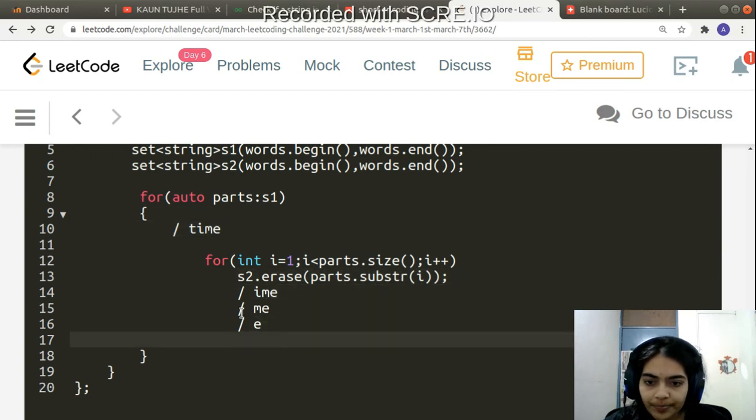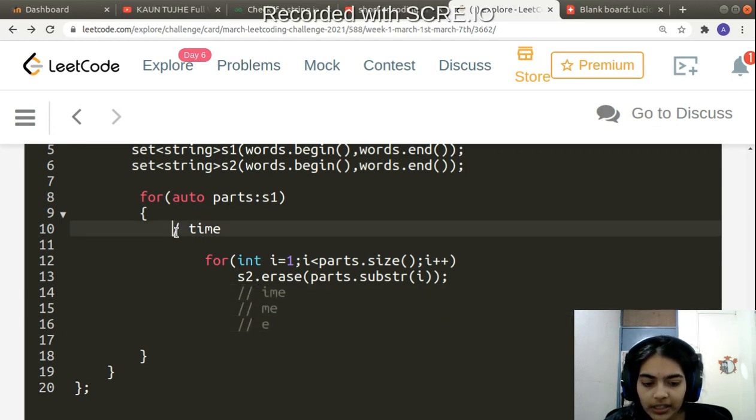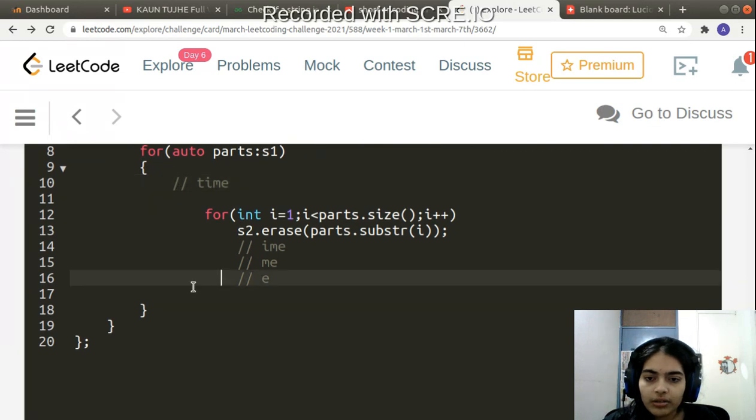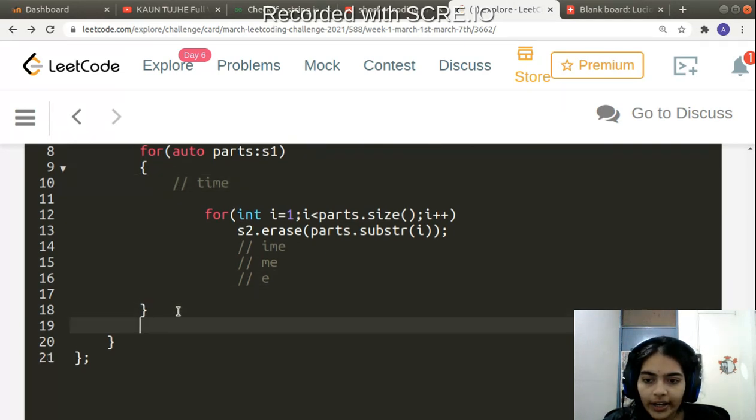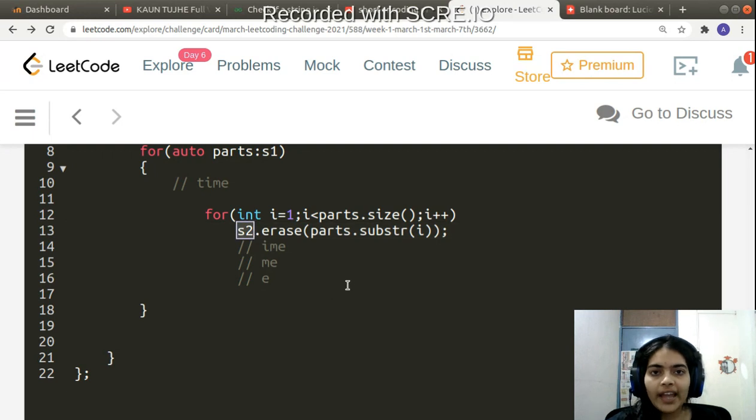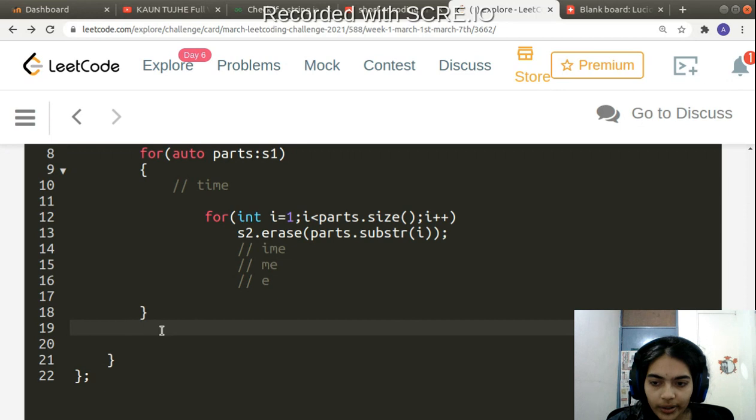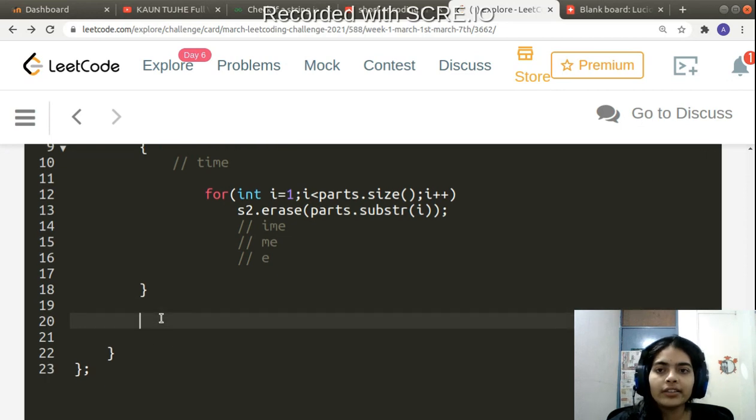Now since we have taken this example, I will just comment out. Okay, so that's it. Finally in the set S2, I will have just the valid strings that I want, since I would have deleted any strings that are suffixes of another string. I have to count the length, but while counting the length, I have to add one hash character each time, so I will have to count one extra length each time.